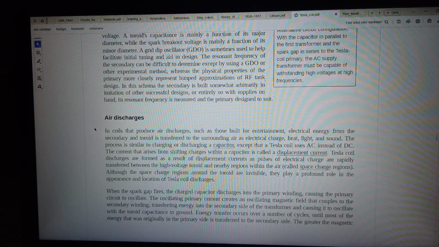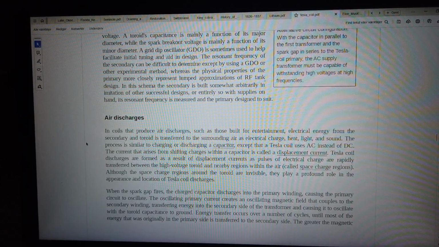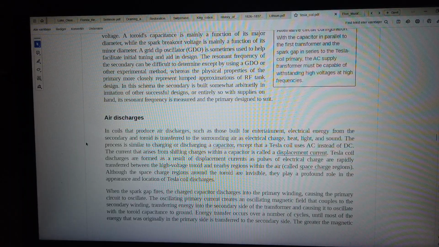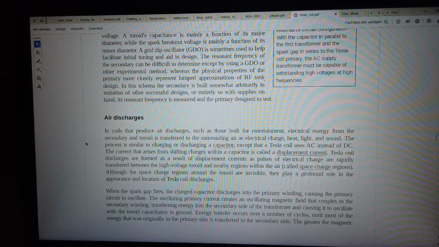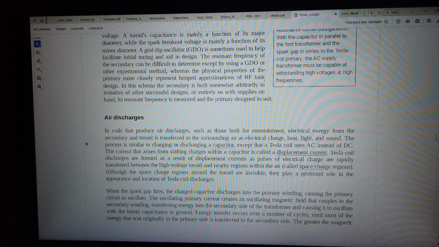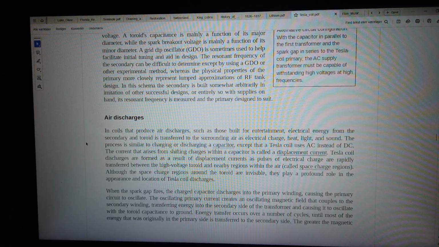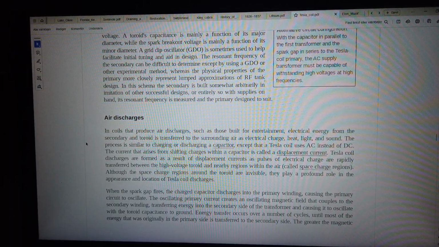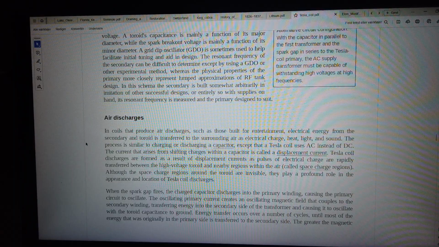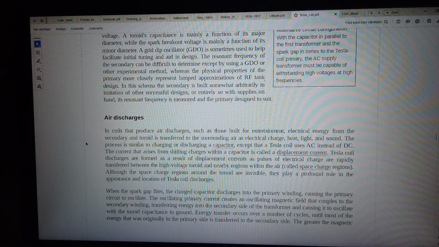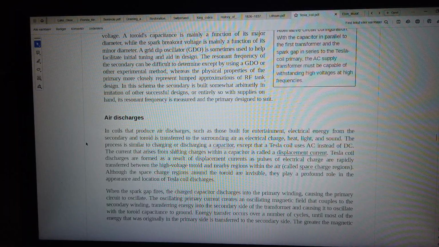Air discharges. In coils that produce air discharges, such as those built for entertainment, electrical energy from the secondary and toroid is transferred to the surrounding air as electrical charge, heat, light, and sound. The process is similar to charging or discharging a capacitor, except that a Tesla coil uses AC instead of DC. The current that arises from shifting charges within a capacitor